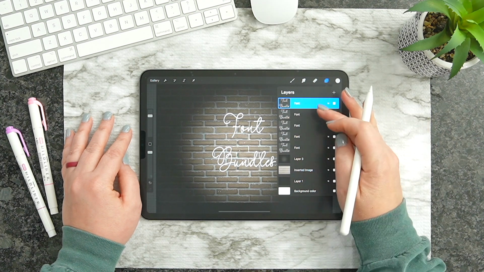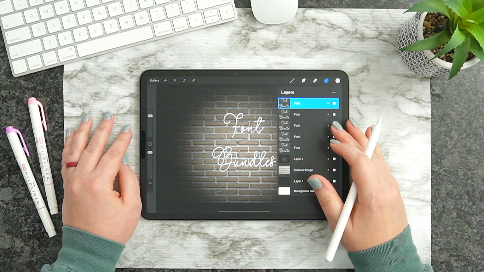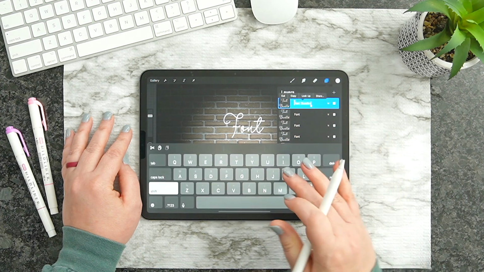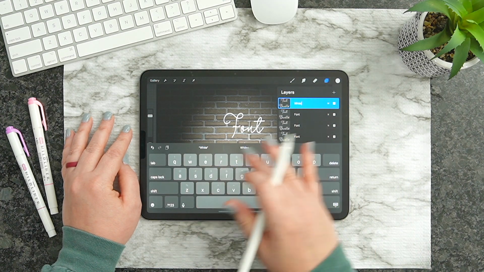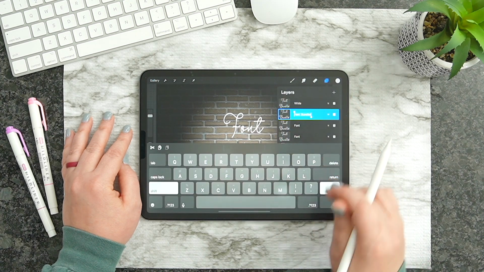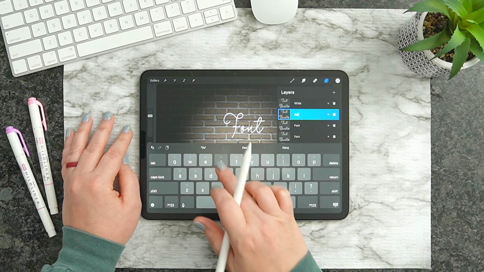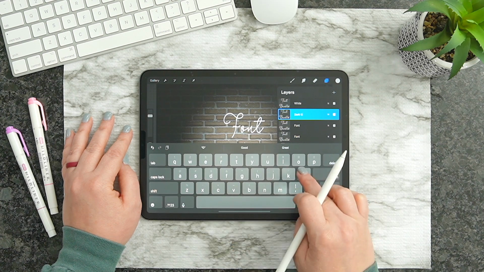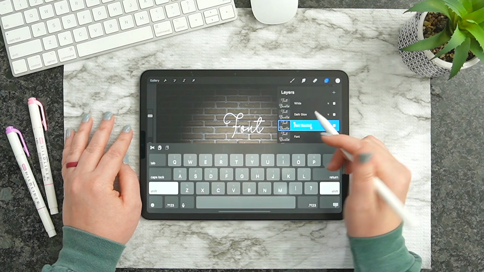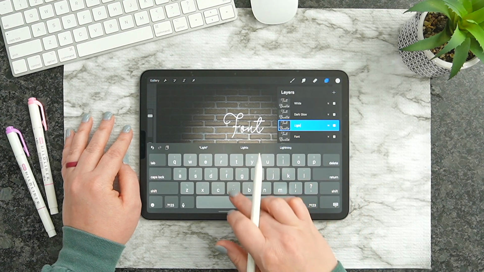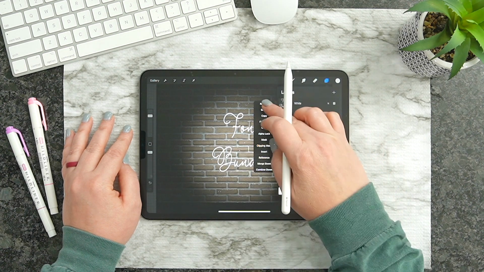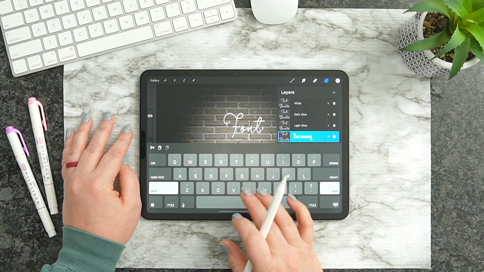Now what I want to do is rename 4 of these layers. So for this first one here, we're going to click on it, click on rename. I'm going to name it white. For the next one, we're going to come right up here, hit rename, and we're going to name it dark glow. For the next one, we're going to do the same thing, and I'm going to name it light glow. And we're going to repeat the same process for our last one, and we're going to name it shadows.